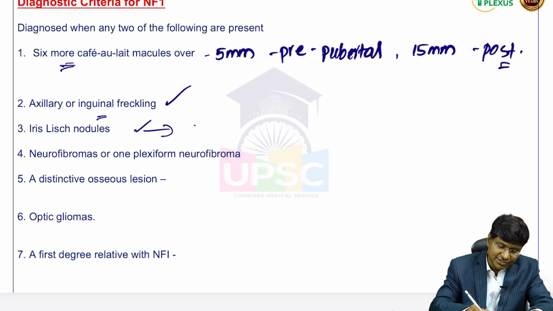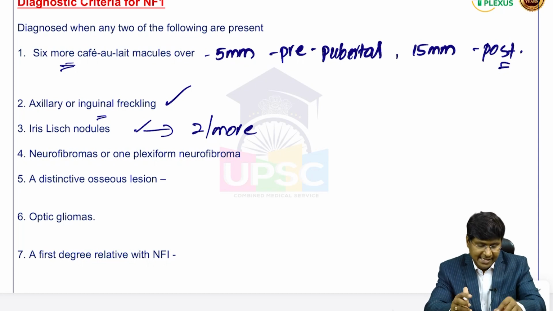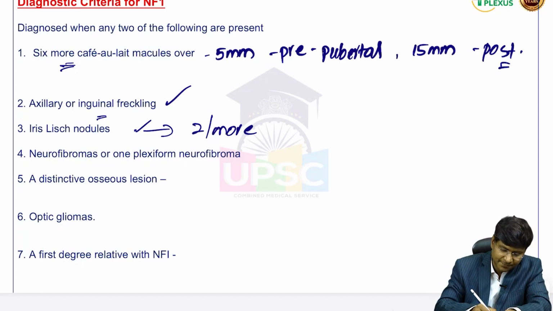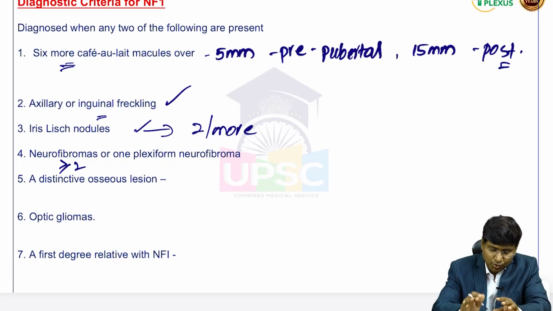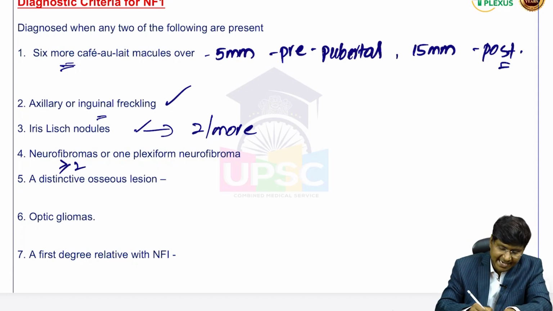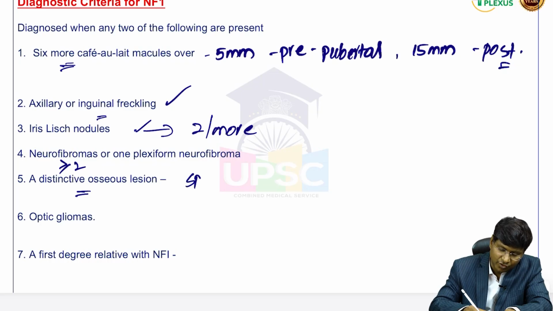And Lisch nodules, there should be two or more Lisch nodules, right? And neurofibromas: two or more neurofibromas, or one plexiform neurofibroma, and a distinctive osseous lesion. And what is the distinctive osseous lesion? That will be in the form of sphenoid dysplasia,